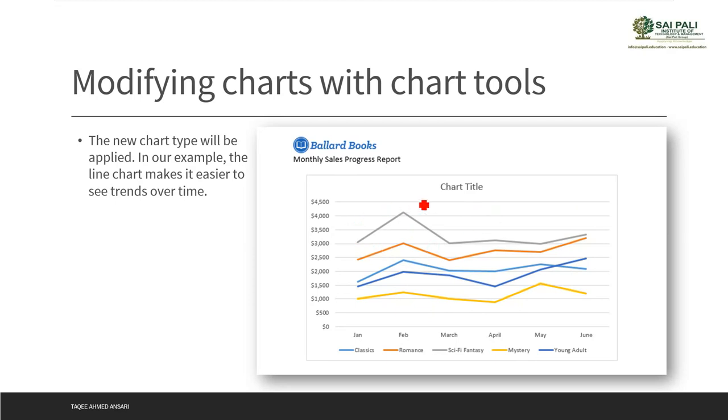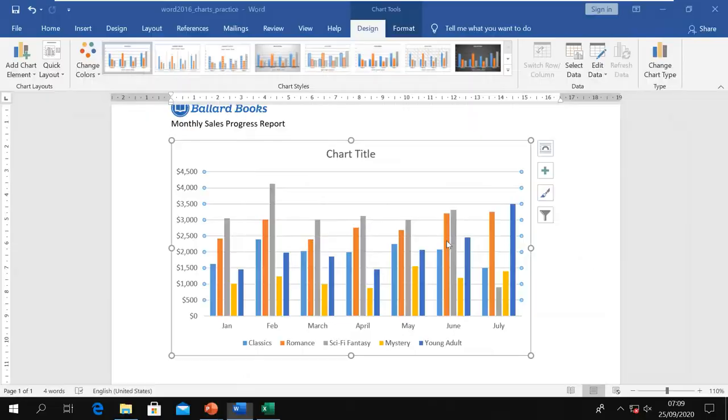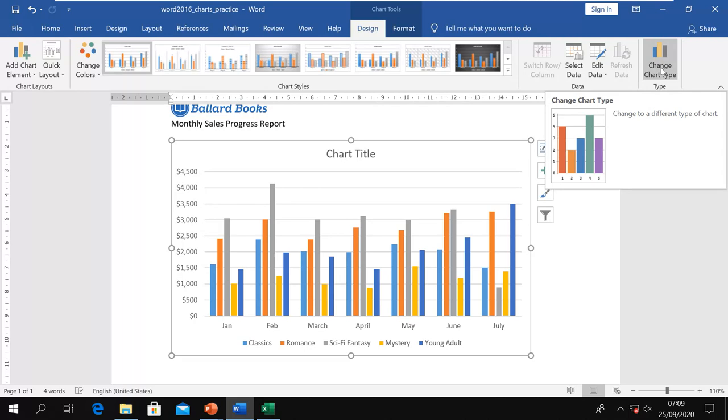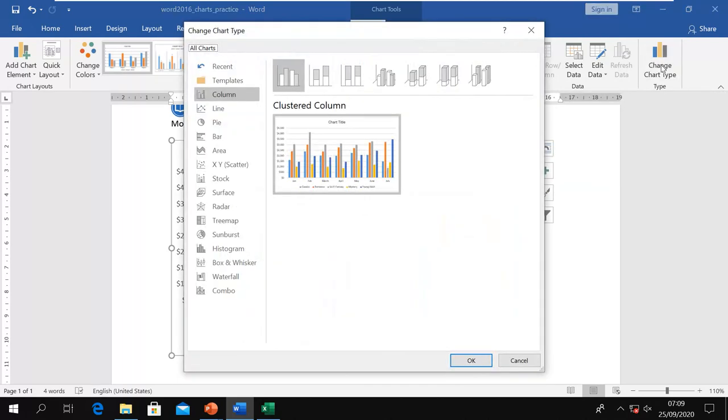For example, here in the image I selected this line chart, so that bar chart now becomes a line chart. And in my document I also have a bar chart, so I can change it again. So first select the chart, then go to the Design tab, and at the end of the ribbon we have this. In the Type group we have only one command, Change Chart Type, and then we can select this and we can see this window again.